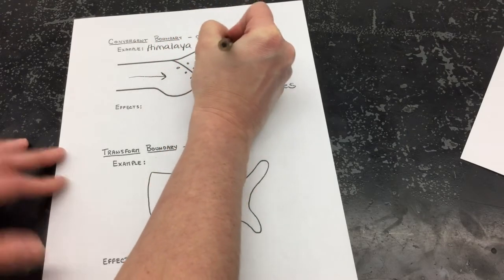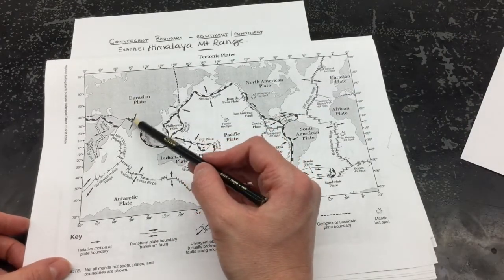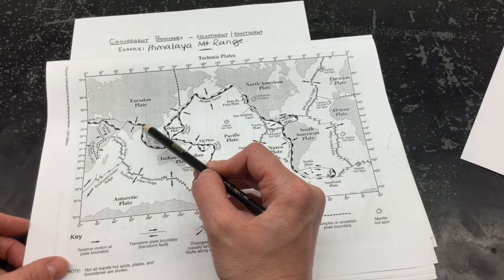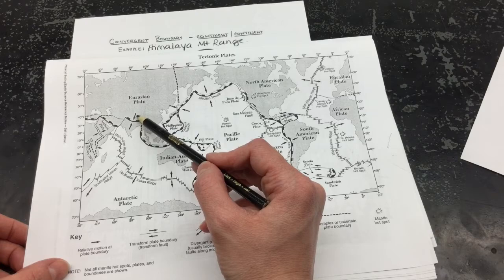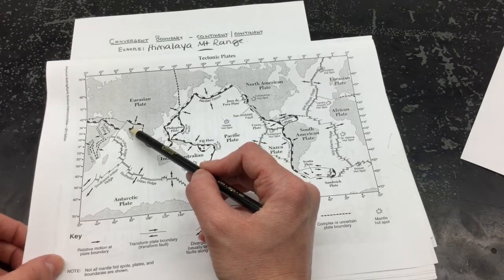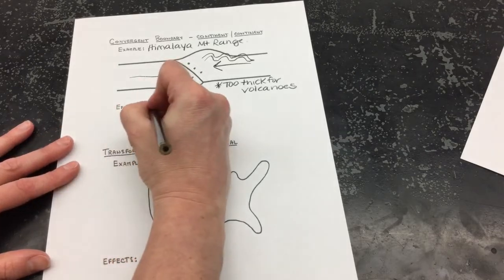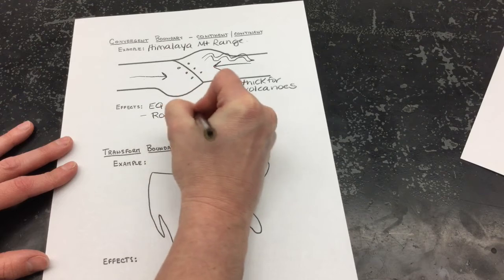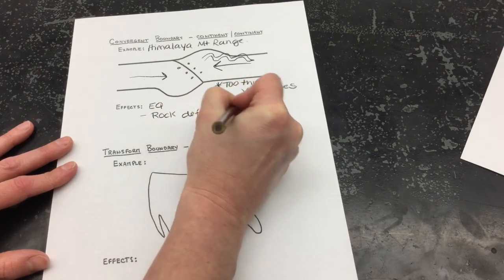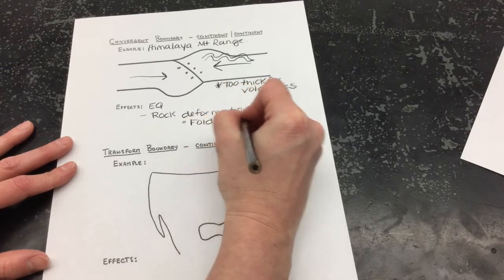The Himalayas formed a long time ago when India crashed into the Eurasian plate here. So right here is the Himalaya mountain range, due to this convergent boundary of two pieces of continental crust. So again, no subduction takes place, no magma, so we don't have volcanoes. We're going to have earthquakes, and we're going to have rock deformation, which means that rock is going to get deformed. So we're going to have folds where rock is bent,